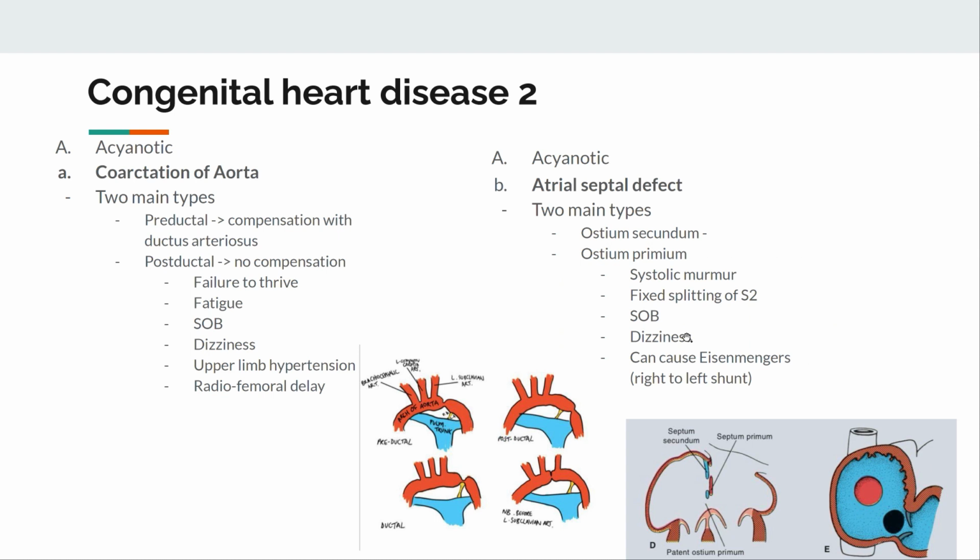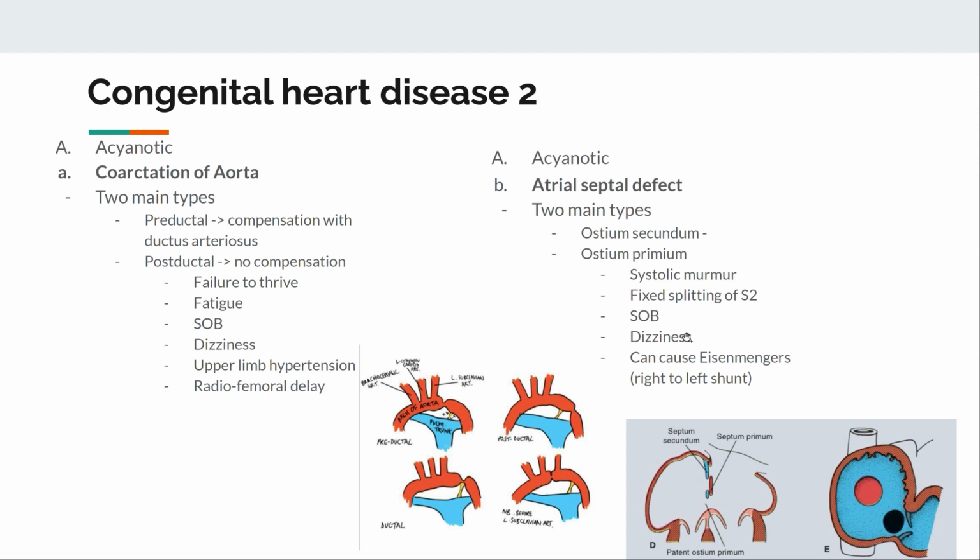So the radial artery is found in your wrist before the femoral artery, which is found in your legs. And you can see why, because the blood is going straight into your brachiocephalic trunk and your subclavian artery, but then it's got a little kink before it can actually enter the descending aorta, and therefore you're going to get this radiofemoral delay. And same with upper limb hypertension, because the coarctation of the aorta is causing an excessive